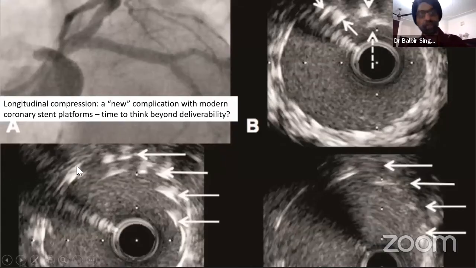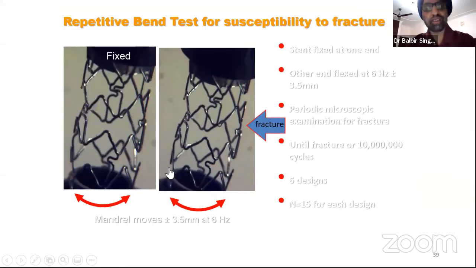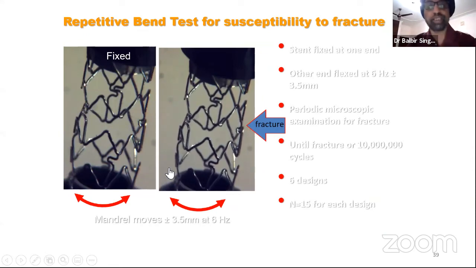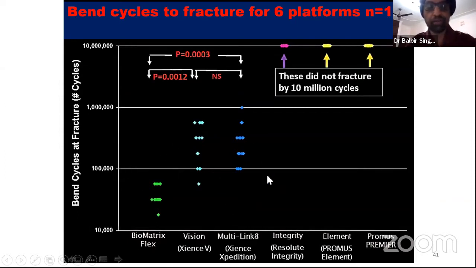So how do we diagnose on intravascular ultrasound a longitudinal deformation or a deformation of stent? You see multiple layers of the stent, which can clearly tell you that this stent has been deformed. Now, this is what a fracture looks like on a microscopic appearance, that you see a connector going off here. You see not only the fracture, but the strut has also gone away. So this is a bend test to look at how fractures happen. And this has been seen with many stents. And bench tests have told us that some of the stents have very good properties to prevent fractures.